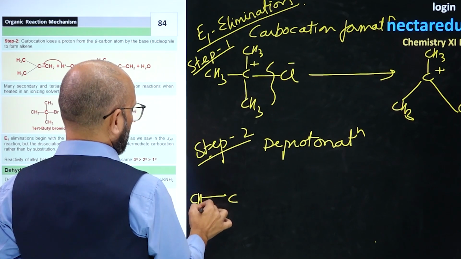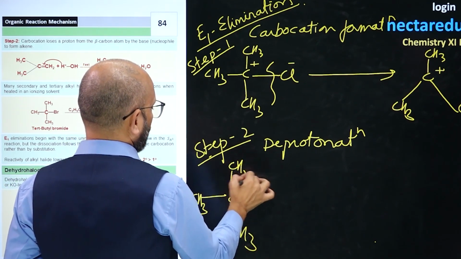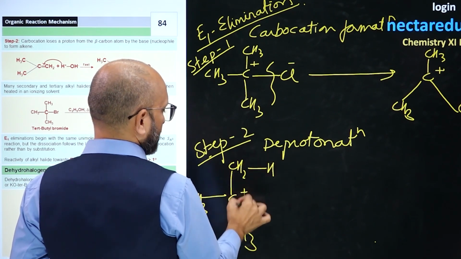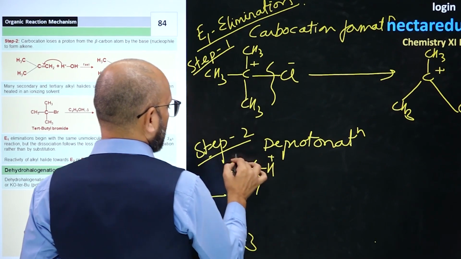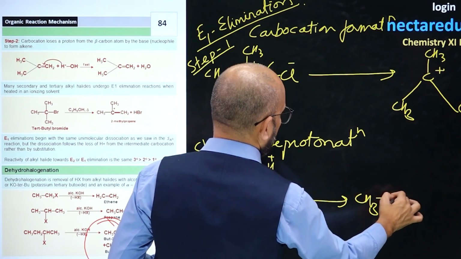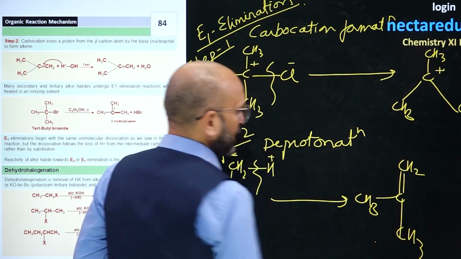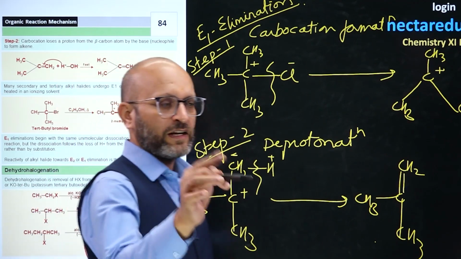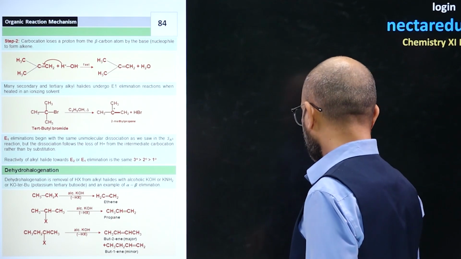If we had CH3, CH3, CH2, CH, something like that, the hydrogen will leave as H plus, the carbon will get a minus, and the minus and plus will form an alkene. We get the product as alkene in E1 elimination, and in E2 elimination the product will also be alkene, and the